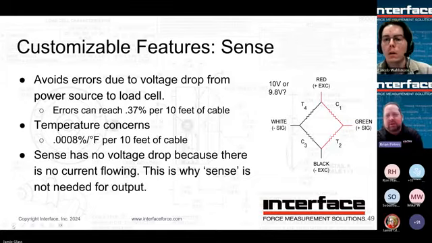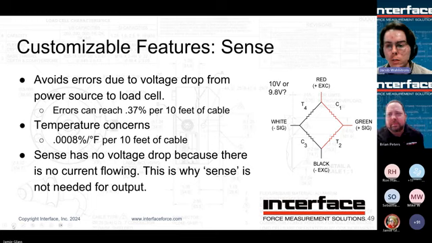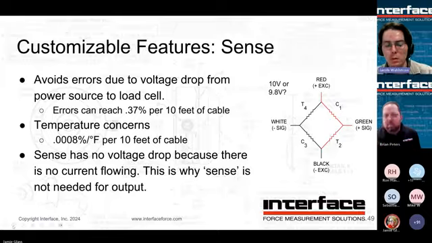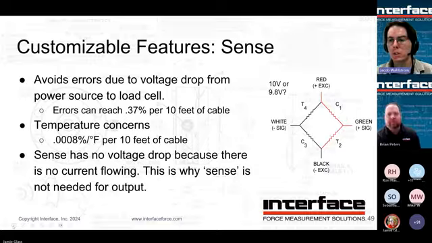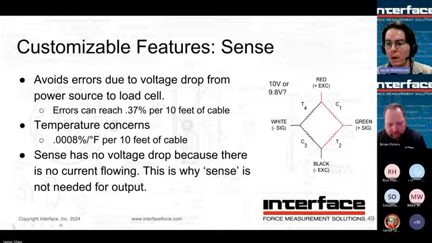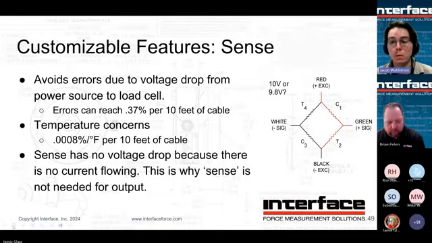You want to talk about Sense for a little bit? Yeah. So Sense is going to give you an idea of an engineering approach to the complete load cell to data acquisition system. So if you think about a Wheatstone bridge, the output is directly proportional to the applied voltage, or the excitation voltage. And so if you had a long cable run, or a cable run going through a place where there's going to be temperature fluctuations,